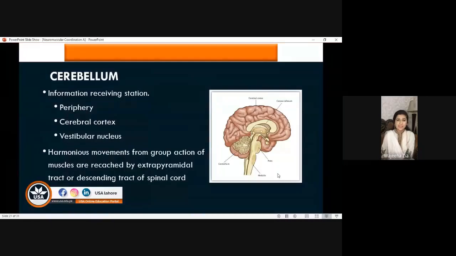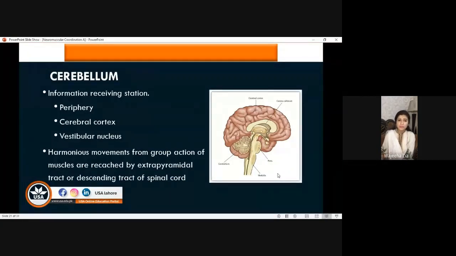The next one is the cerebellum. This is the main center of coordination. If there is damage to the cerebellum and the muscles are absolutely fine, the muscles are intact, but the cerebellum is not fine, there is an injury, a lesion, or a pathology of the cerebellum, a person will not be able to perform any kind of coordinated activity.